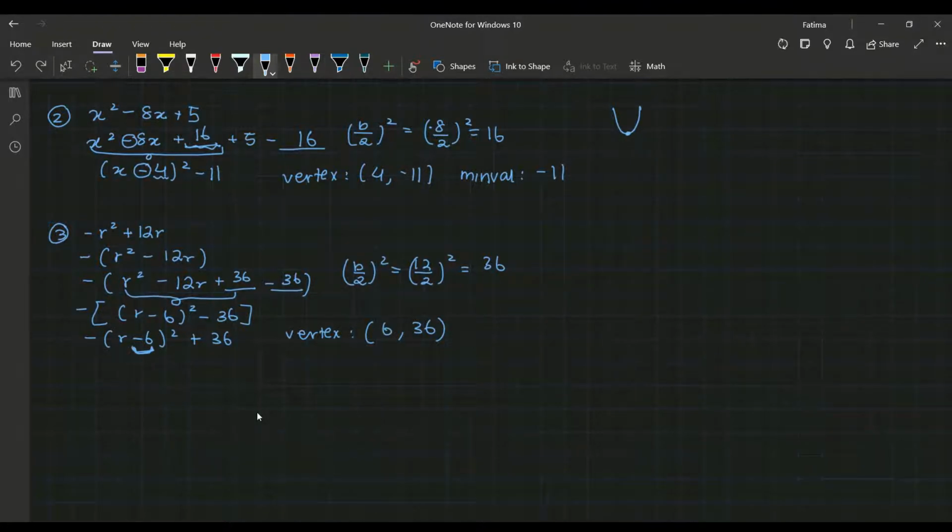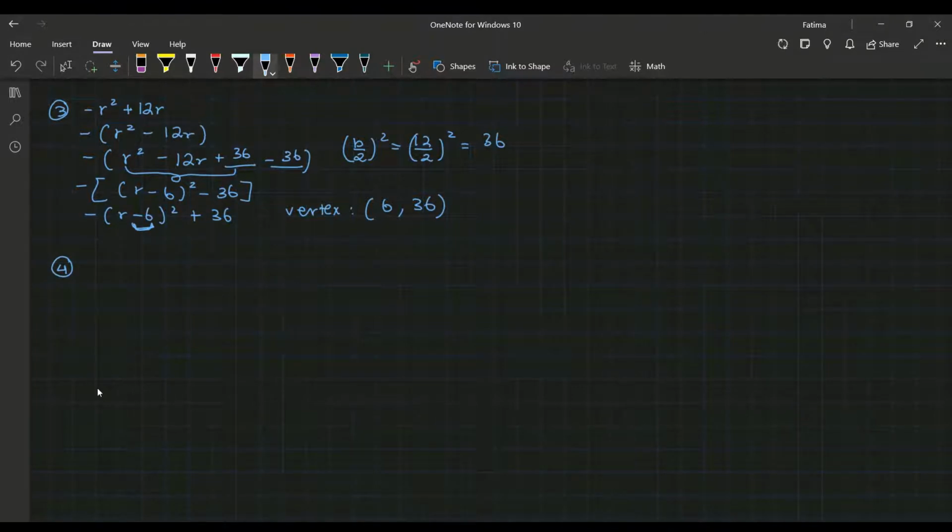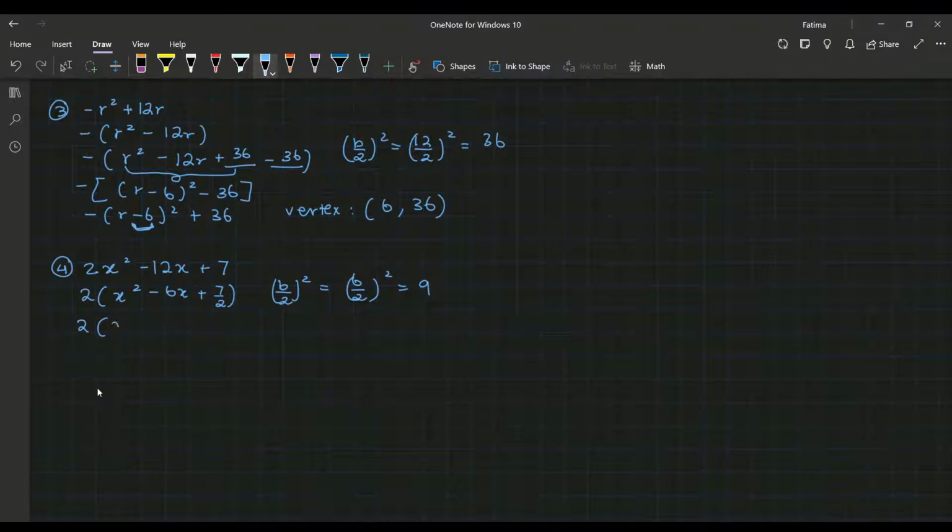Now, moving on to the next question. Let's say we're given 2x squared minus 12x plus 7. Again, I'd have to take 2 out to make the coefficient of x squared 1. So when I do that, I'm left with x squared minus 6x plus 7 by 2. And now it's b by 2 whole square. B over here is 6 upon 2 whole square. 6 upon 2 is 3. 3 square is 9. So I'd have to do